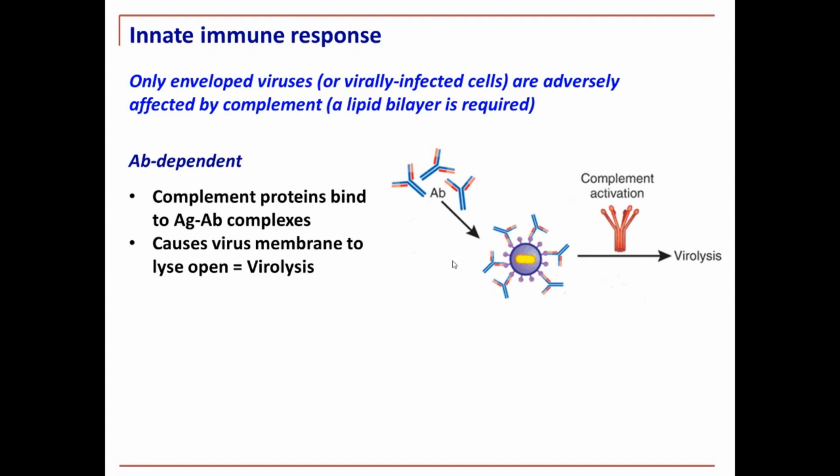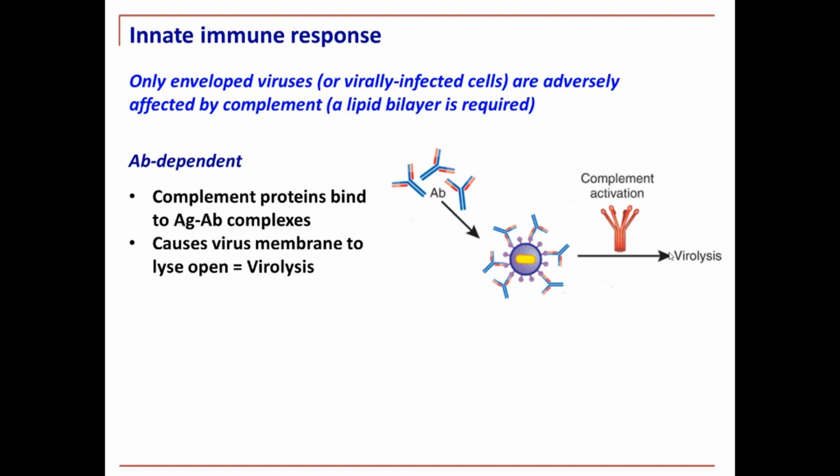So this is where your complement proteins bind to an antibody-antigen complex. So here is your antigen, your virus, if you like. Here is your antibody. That then activates the complement system, and we get virolysis, so degradation, lysis of the virus. So it basically causes the virus membrane to lyse open. So now you can see why it requires a viral lipid membrane or a lipid bilayer, because the antibody binds to the virus, and then that activates complement, and complement basically drills a hole in the lipid membrane of the